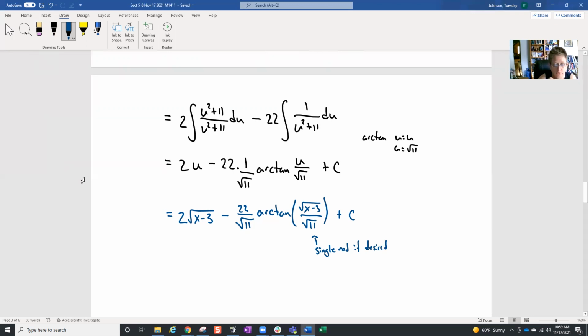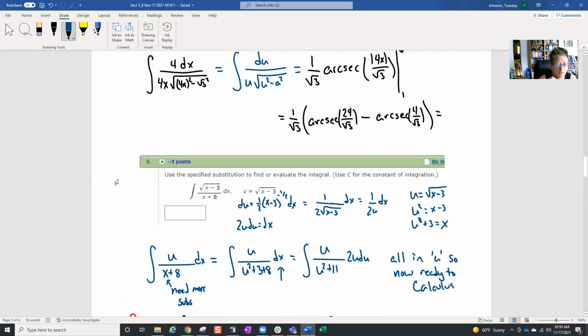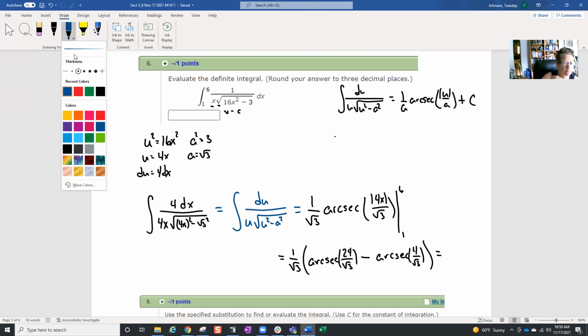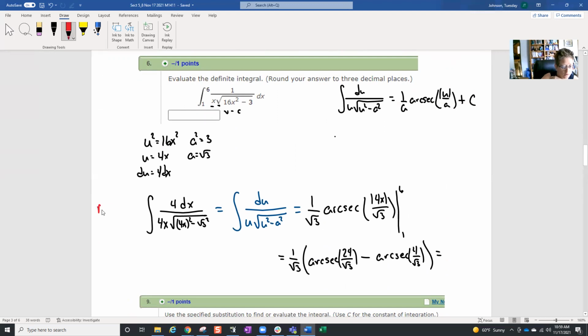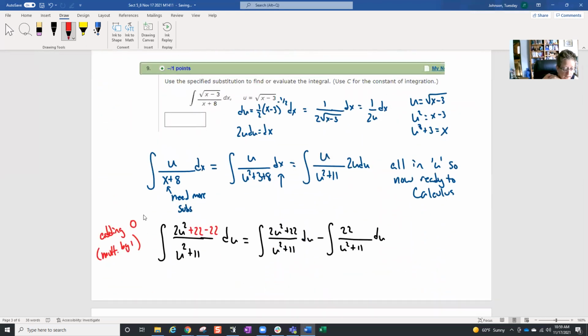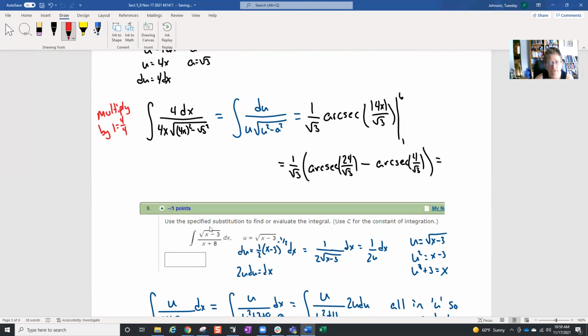All right, so I'm going to go for the slow scroll so I don't freak out your eyes. Right here is where we multiplied by 4. Now multiplied by 1. Add 0 by adding the 22 minus 22. So these are truly tricks of a